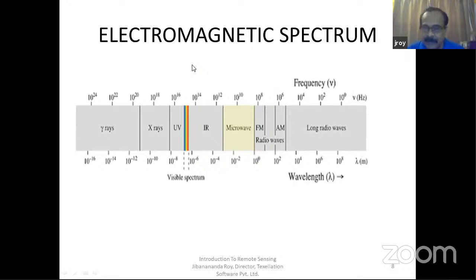Infrared is again a big band. After infrared, you get microwave. Then you get the radio waves, like FM, AM, shortwave. Then long radio waves, and everything comes after that. Now, imaging you can do anywhere. If you have a sensor which can detect radio waves, or microwaves, or infrared, you can do that recording. But mostly in satellite imaging, we use